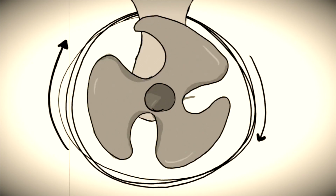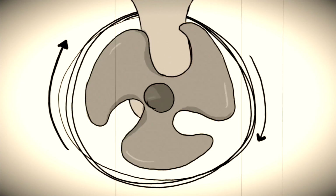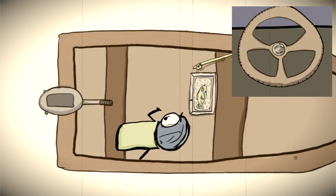And the propeller continues to rotate in a clockwise direction. A phenomenon called steering torque forces the motor to slam left, which makes